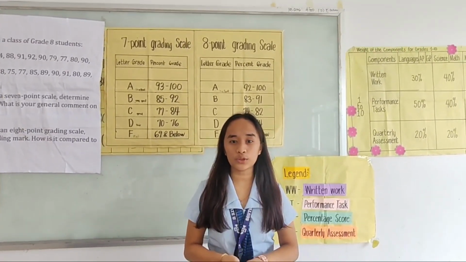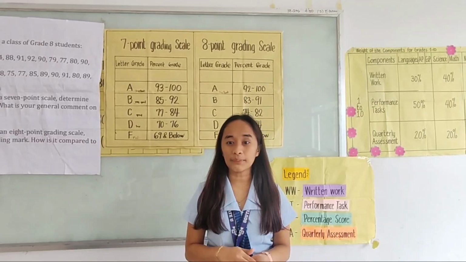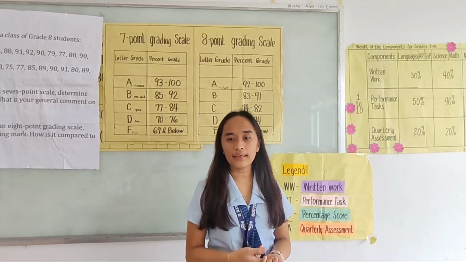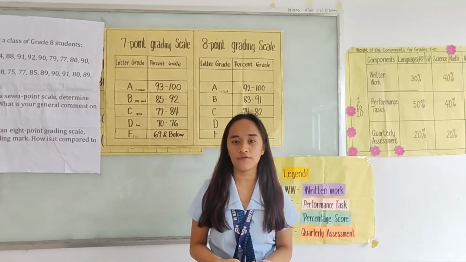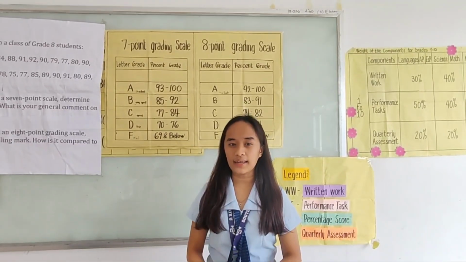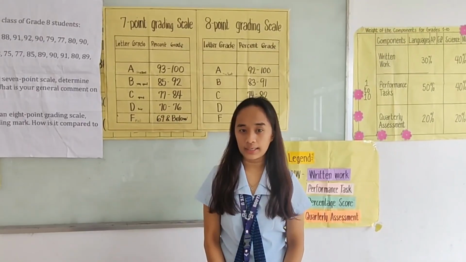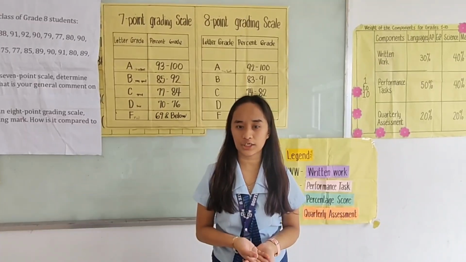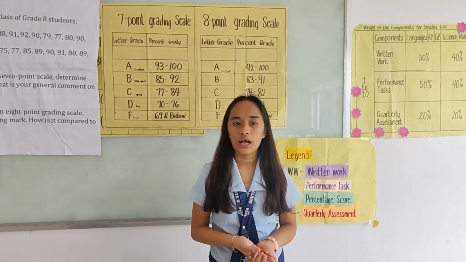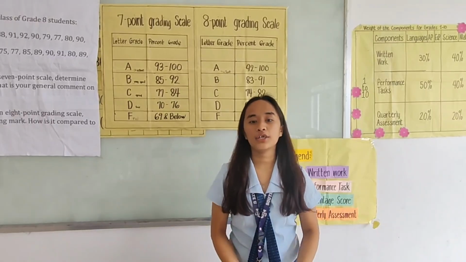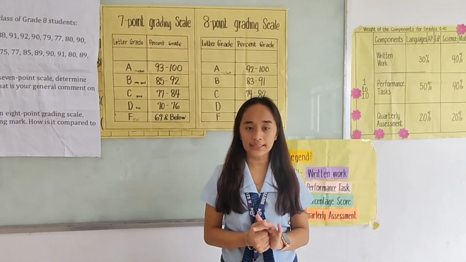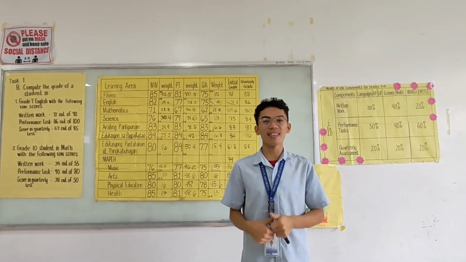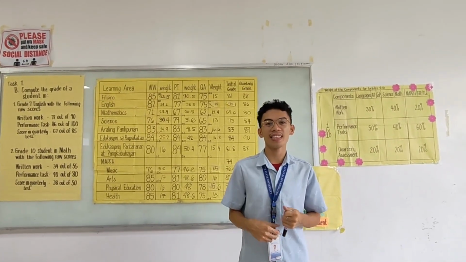Transparent communication with the students and parents is key, as it builds trust and ensures that any concerns are addressed promptly. Being diligent in this responsibility fosters an environment of fairness, respect, and accountability. Moreover, it sets an example for students, showing them the importance of honesty and precision in their own work and interactions. Ultimately, a teacher's integrity in grading shapes the entire learning experience and impacts student growth. So, be honest, even if others are not.